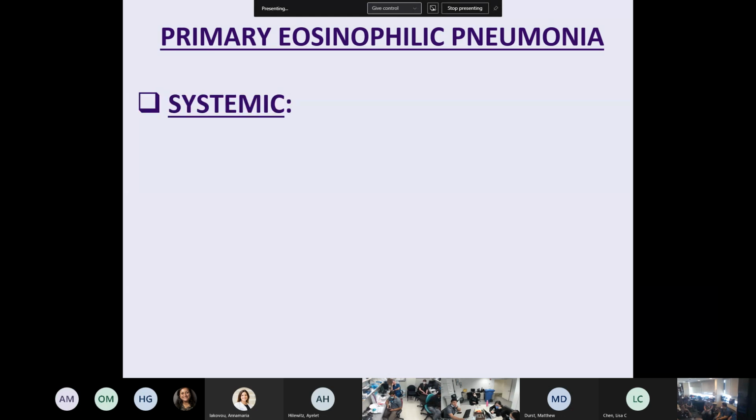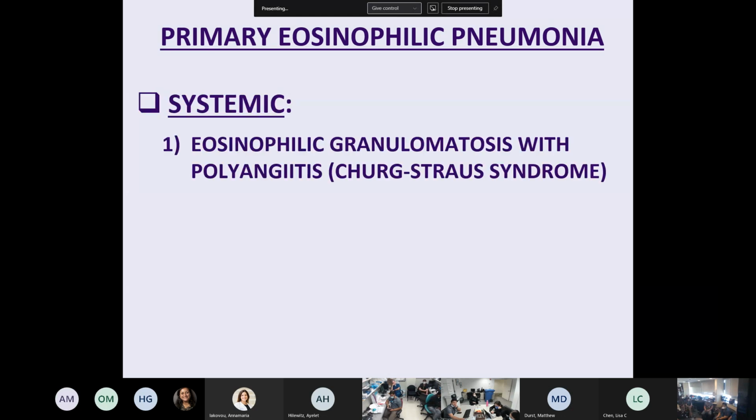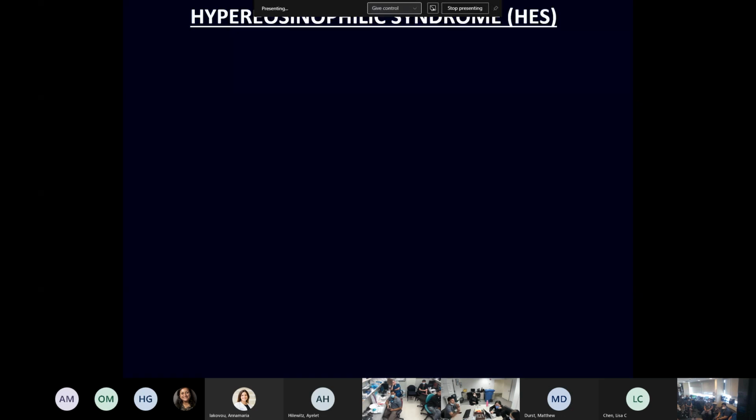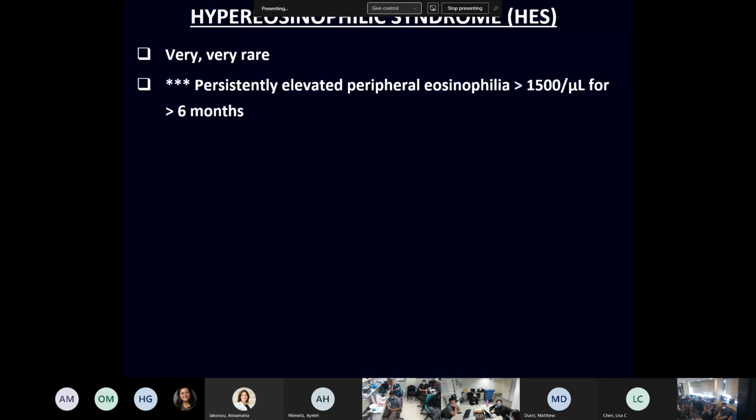All right. So the last form of systemic primary eosinophilic lung disease is hypereosinophilic syndrome. This is so rare and not really tested on the boards. So I want to be very brief with it. I think Dr. Illoway actually had a case, but I've never seen it. And I think it's very rare. But usually these patients have very persistently elevated